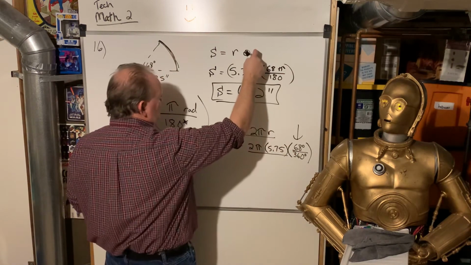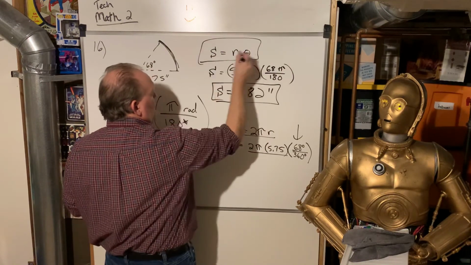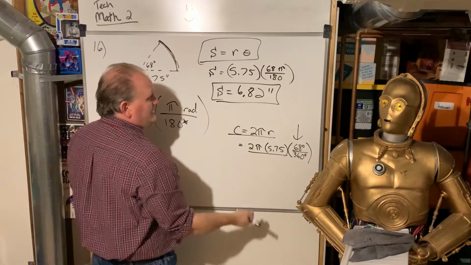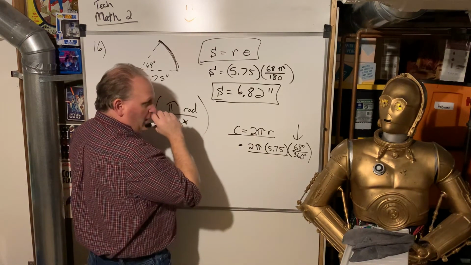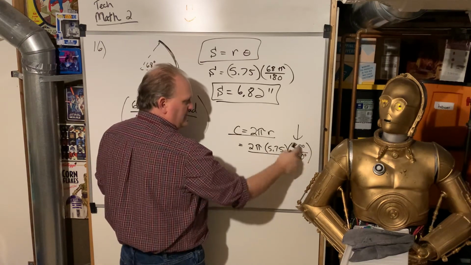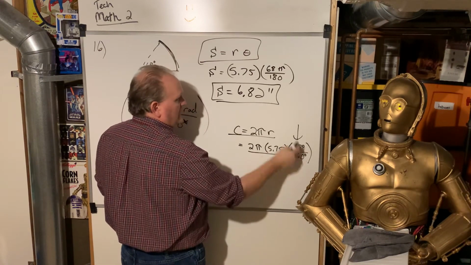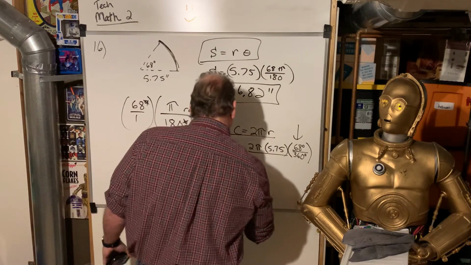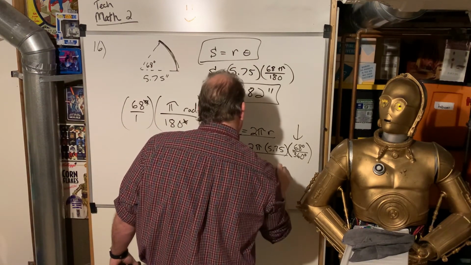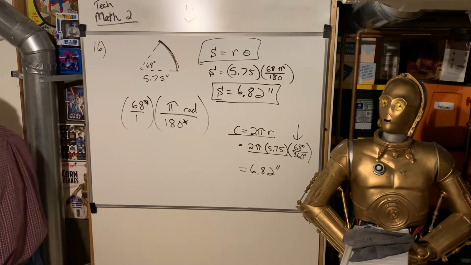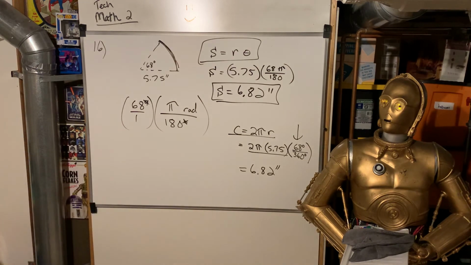I think it's easier to just use this formula and know that that's radians. If you take a look at what's going on here, the same thing happened. If I rearrange this, the pi would go right there, the 2 would cancel the 360 and 180, and I'd be left with exactly that. So I'm going to get 6.82 either way. That's just kind of a different way to think about it. Okay, we'll call that